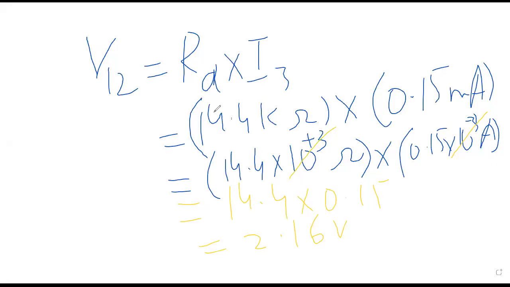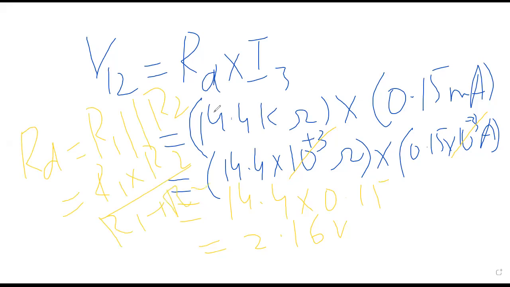Just one question, sir. Again, the RD is the combination of what? I didn't hear you well. Okay, just a minute. RD is basically the value of R1 parallel to R2. So this must equal R1 multiplied by R2, whole divided by R1 plus R2. Now it's clear?